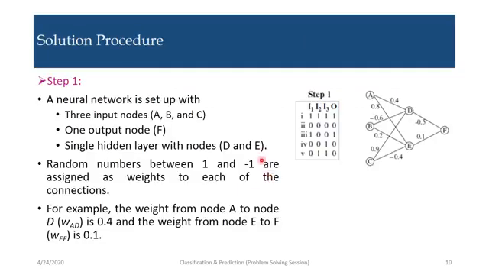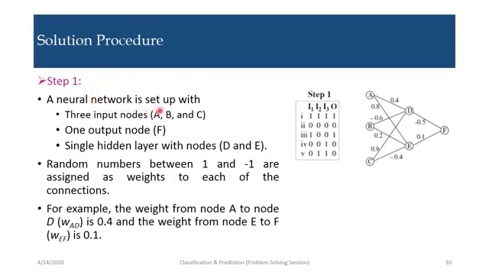Step 1, solution procedure. You can see that I1, I2, I3 are the descriptor variables, O is the response variable. So the 5 observations are 1, 2, 3, 4, 5. Randomly we will take one of the tuples and feed it to the neural network, see the results and adjust the weights according to the error.